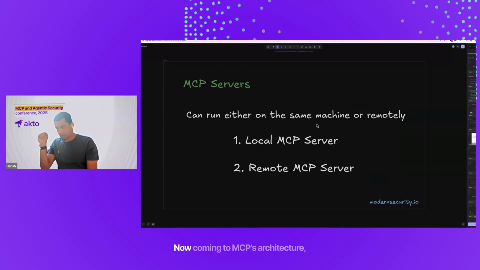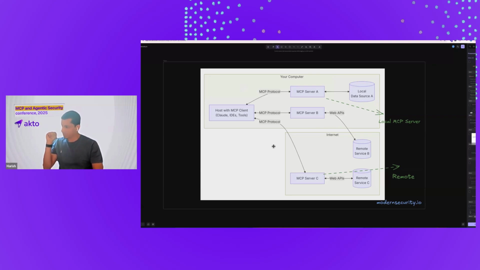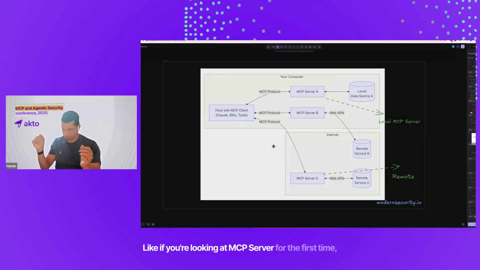Now, coming to MCP's architecture, there are two ways you can run an MCP server. You can run an MCP server locally, or you could run the MCP server remotely. Let's look at the diagram to see what that means, right? It takes a bit of time to wrap your head around this, like if you're looking at MCP server for the first time,